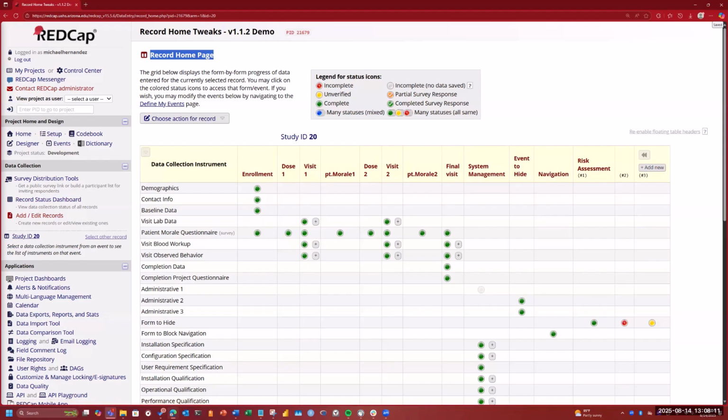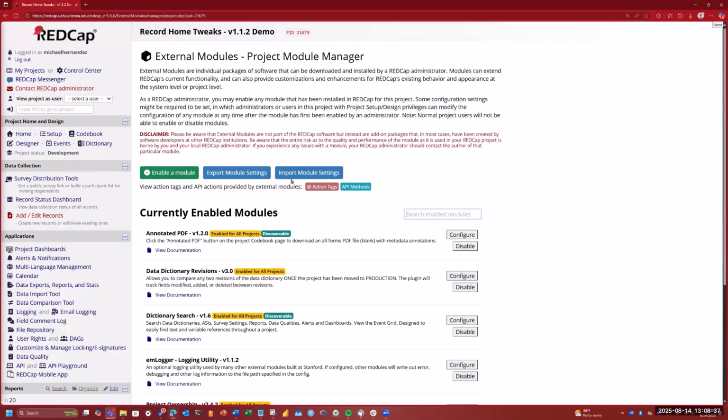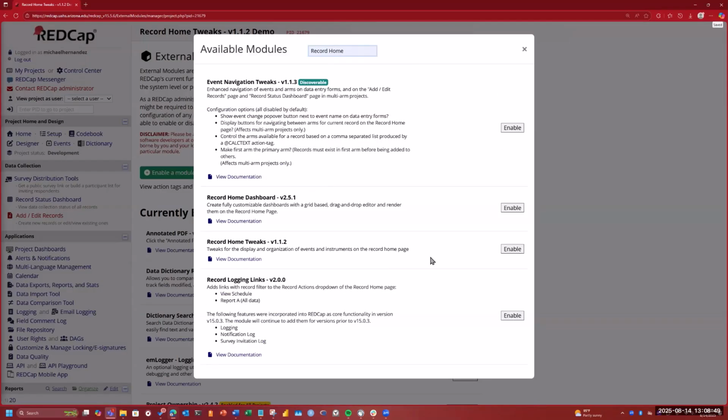The installation of this module has already been completed at the system level. With the appropriate user rights, REDCap users can search for and enable any available external modules. Modules can be found by navigating to the Manage link, which we see here. So we have our Manage link within the external modules heading in your REDCap tool pane. I'll click on that and we will then search for our module by clicking on enable module. And here we will enable. And now that we're enabled,